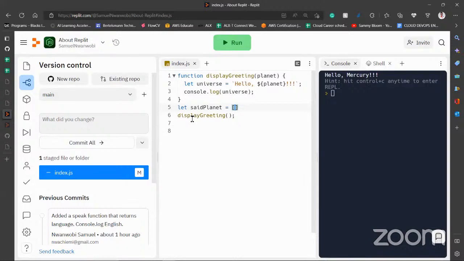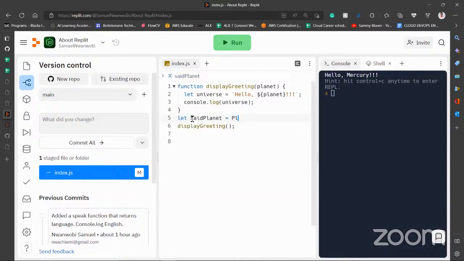Let's try using... okay, let's not go this way. Let us use the normal Pluto, and then I can display greeting and say set planet. Let's see if it works. Pluto. So you can see